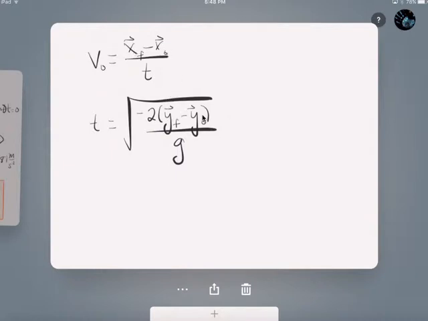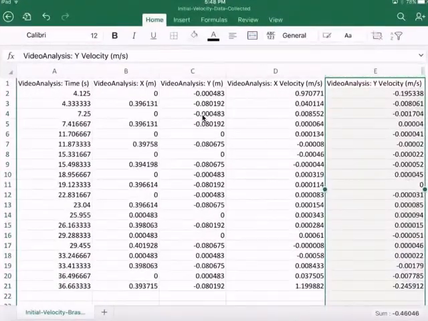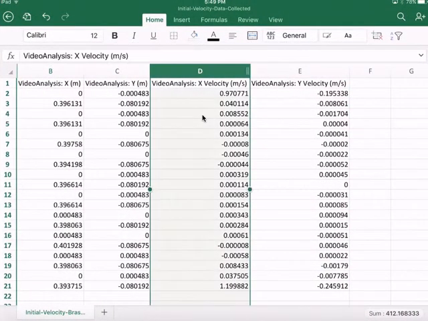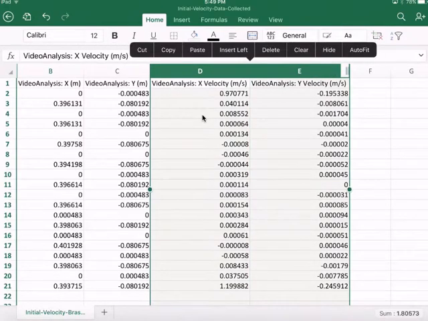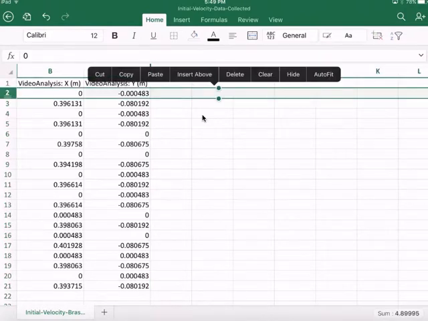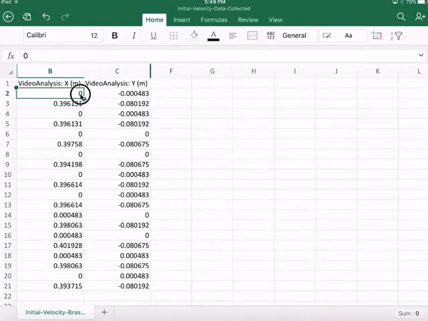So that lets us know what to actually program or calculate. We're not looking for time. I'm just going to hide that. We're not looking for our X and Y velocity, so I'm just going to hide that. And I want to check the integrity of the data real quick. I want to make sure that I have a 0 and then 0.39 or 0.40,